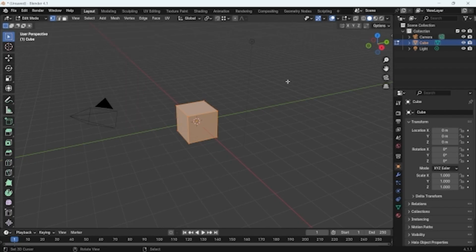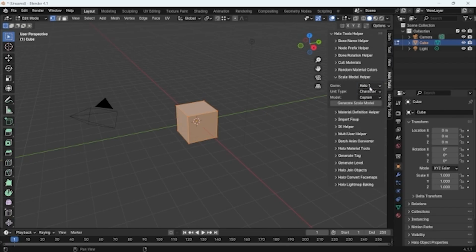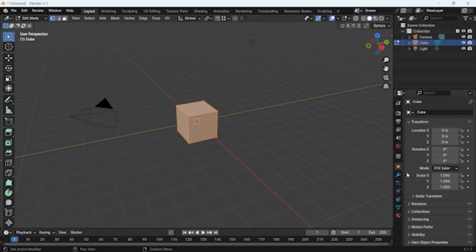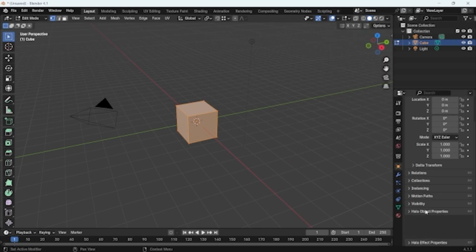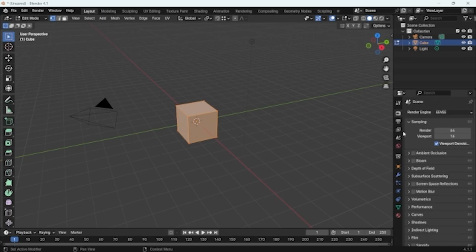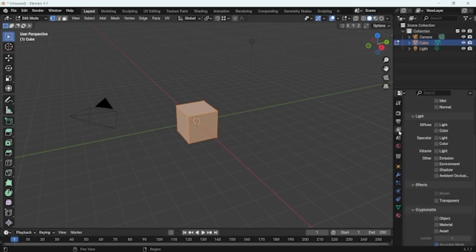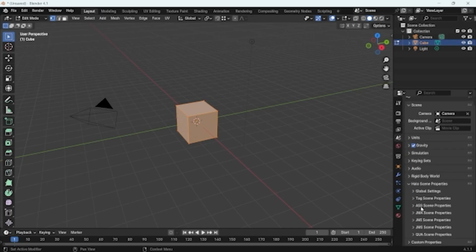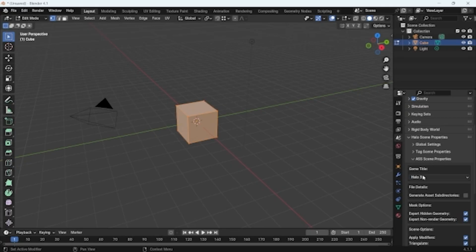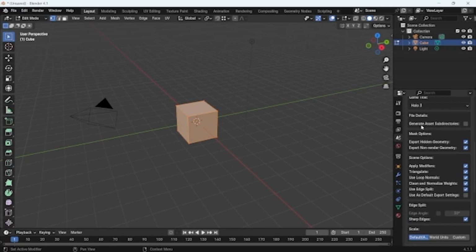That is the majority of what I end up doing for setting this up, because obviously we still have our Halo tools all over here. If we really want to, we can automatically change this to whatever we're going to be using right at the start. And then we can always set up our Halo properties in the scene so that when we export it, it'll automatically export for whatever we're actually going for. So in here, Halo scene properties, AS file, Halo 3, and then maybe JMA since Halo 3 is what I use,